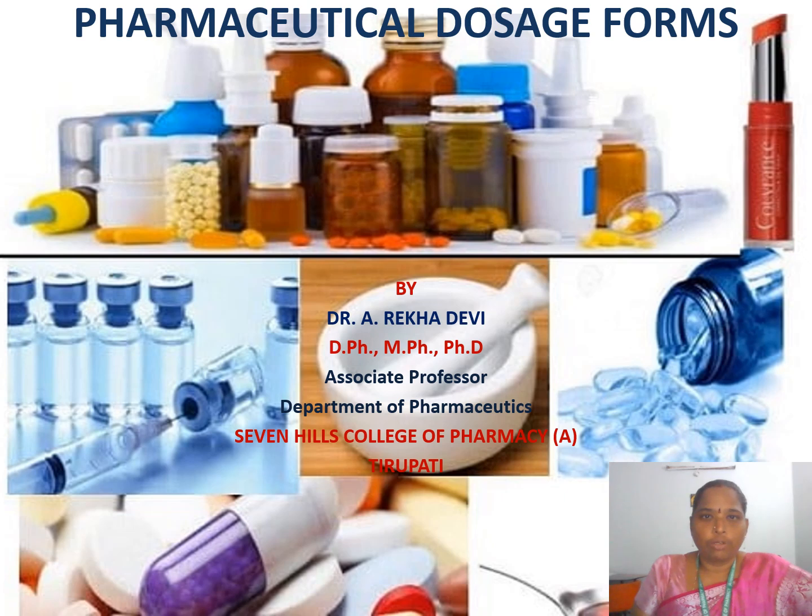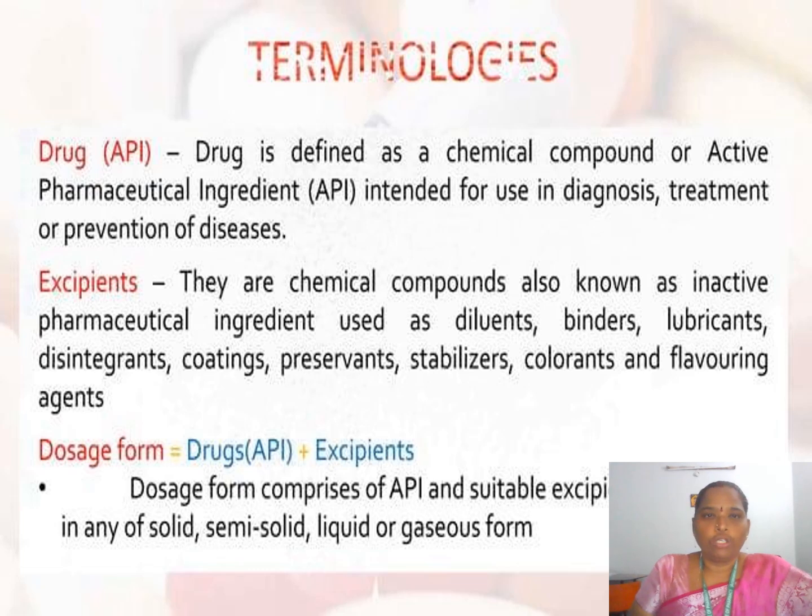Today I will discuss what is a pharmaceutical dosage form and its classifications. Before going to the pharmaceutical dosage form, we should know about the terms drugs and excipients. So, what is a drug? It is also known as an active pharmaceutical ingredient. It is defined as a chemical compound which is used or intended for use in diagnosis, treatment or prevention of disease or changes in any chemical